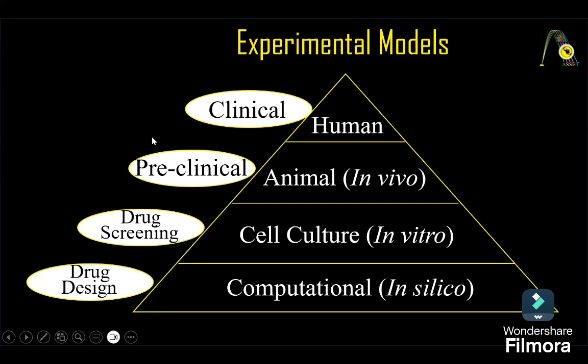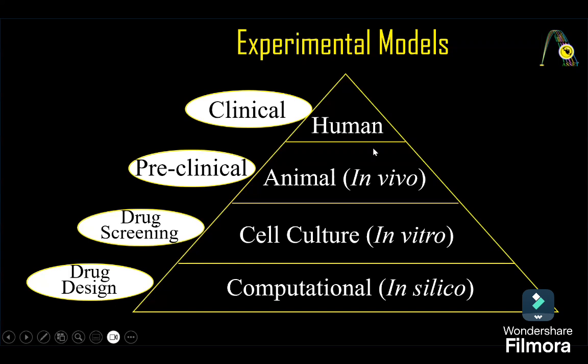After that, you move on to your preclinical stage, which would be your animal studies, your in vivo studies. In Latin, in vivo means within the living. You do this prior to moving on to your clinical studies, which are in humans, which occur after you've already conducted your in vitro studies, in vivo studies, or in silico studies as well, right? So human studies, clinical studies come at the end after you've conducted your animal studies, cell culture, your in silico